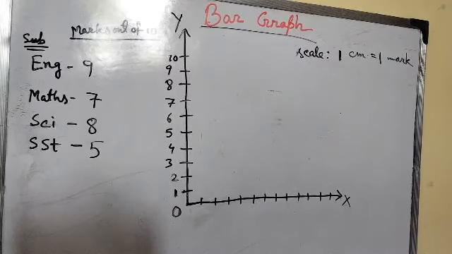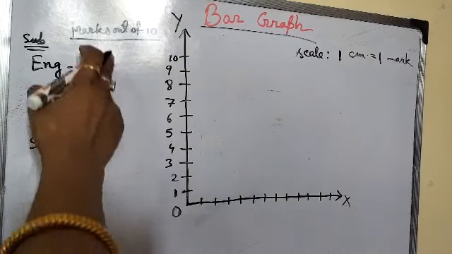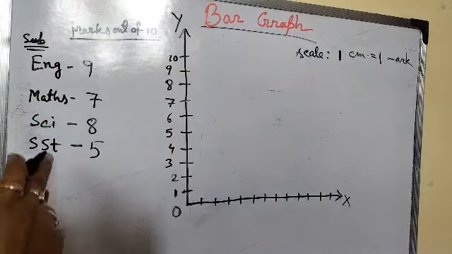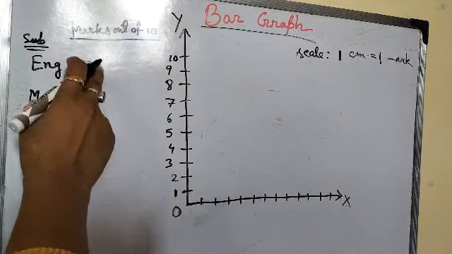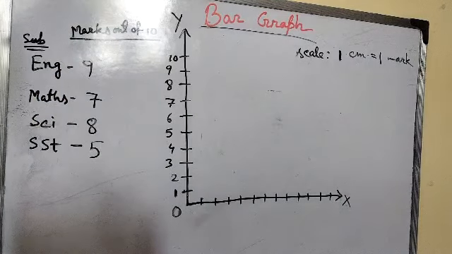Next, one example I want to give for a double bar graph. Double bar graph, how to draw. Before this, I discussed the single bar graph. Single bar graph means what? One numerical value given for each subject. Each subject is given a numerical value one time. When it is put on the graph paper, that is a single bar.